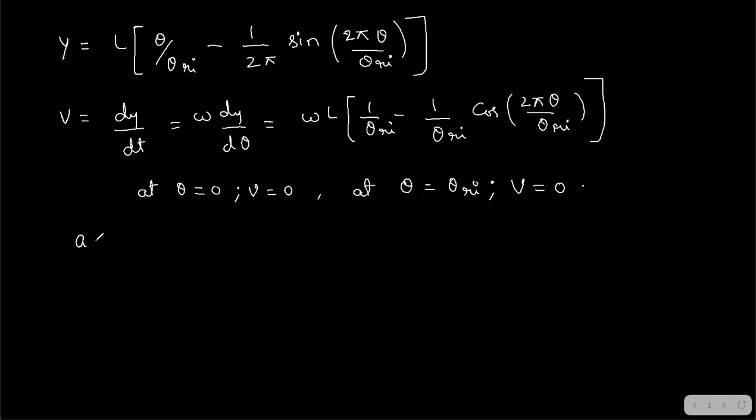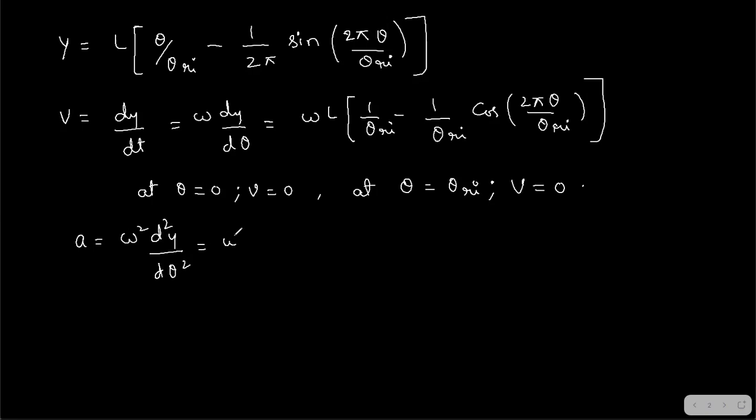And next is acceleration. So at the beginning of the rise and at the end of the rise, we have velocity as 0. Fine. So that is good. That is the desirable case. Velocity should be 0 because at the beginning there is no velocity. Even in our vehicle, or anything in motion, at the beginning there is no velocity. So now what about acceleration? So again, do the derivation.